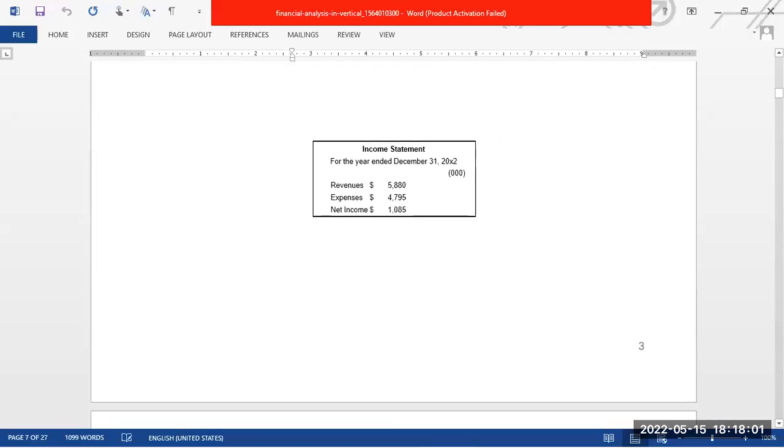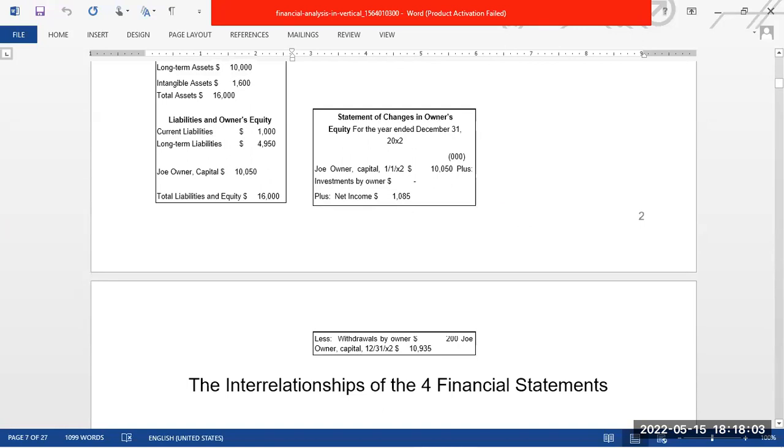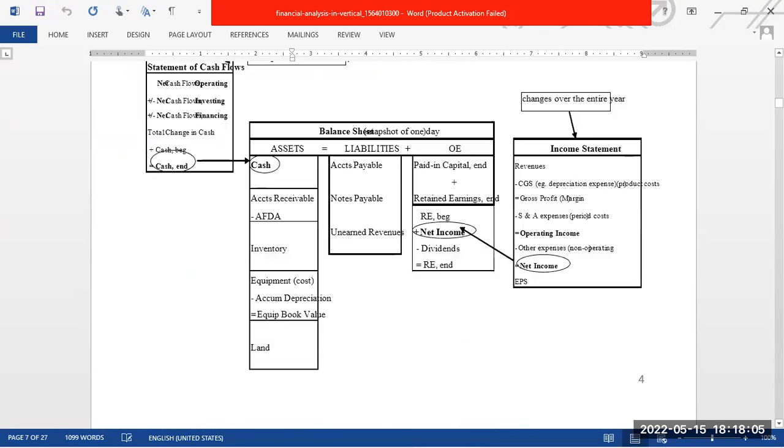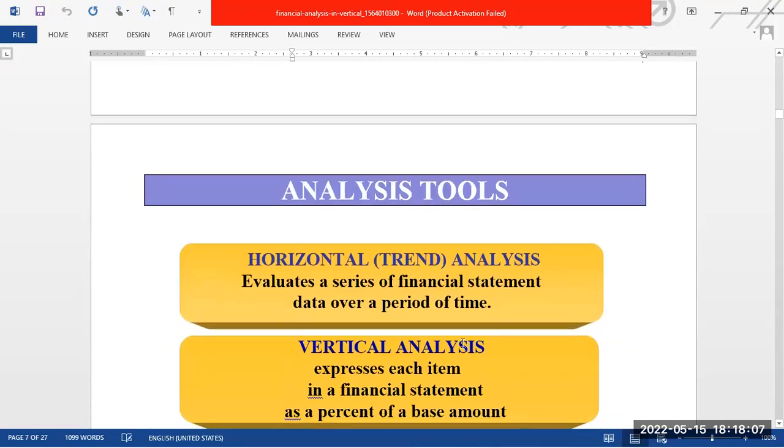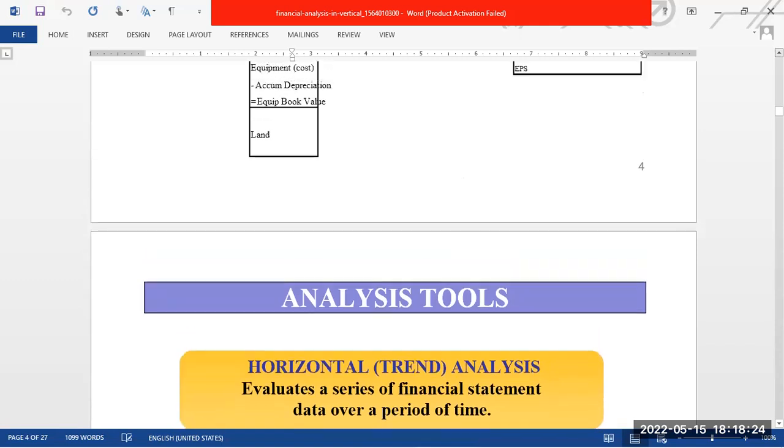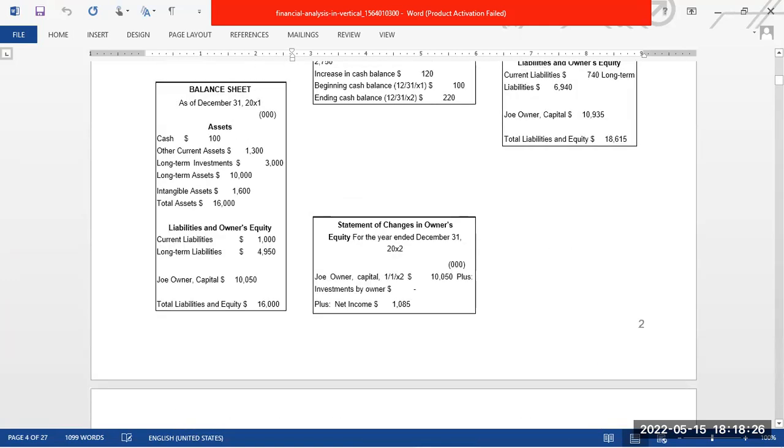Last time, if I'm not wrong, we left at the point where we were supposed to be looking at some of the analysis tools, and we agreed there are very many tools in finance. Some of the tools that we looked at for preview purposes were